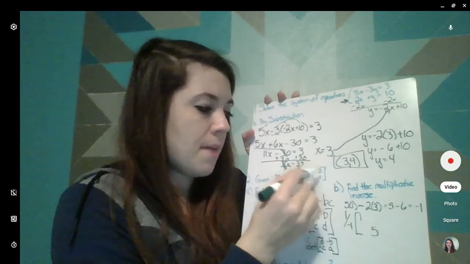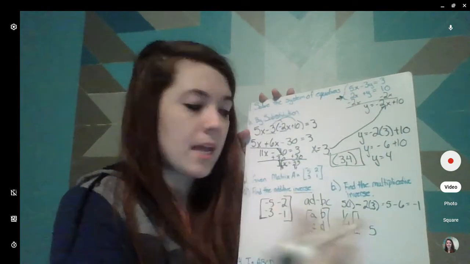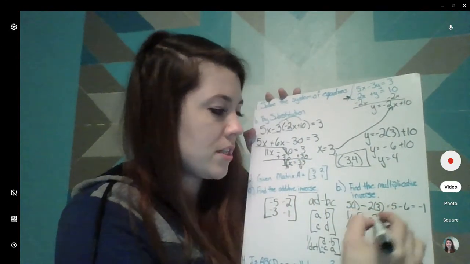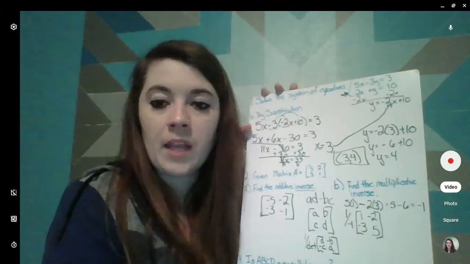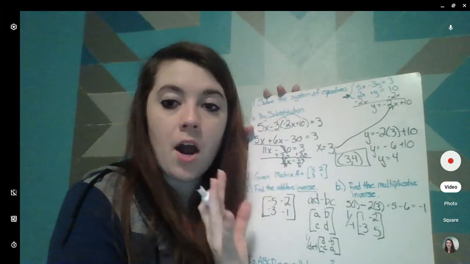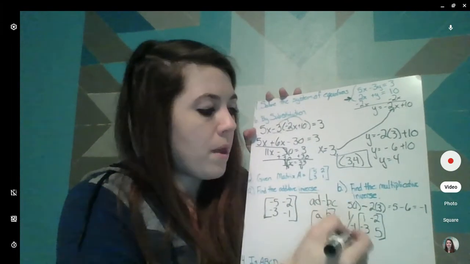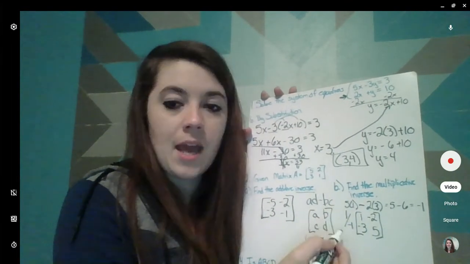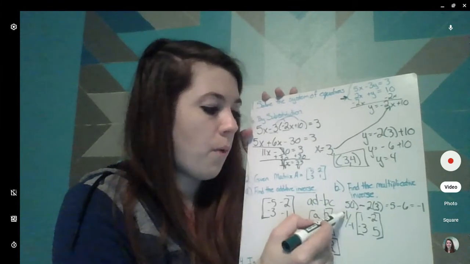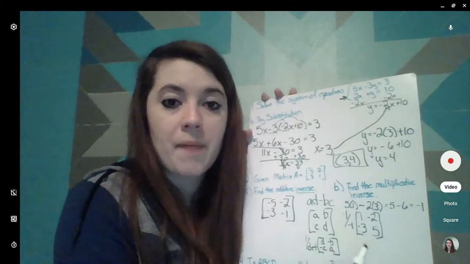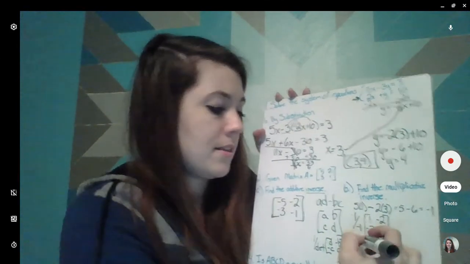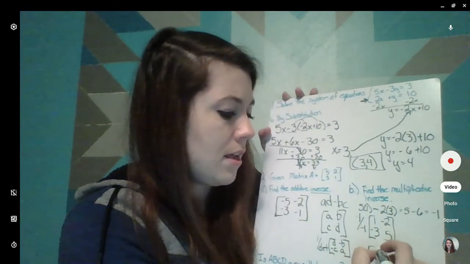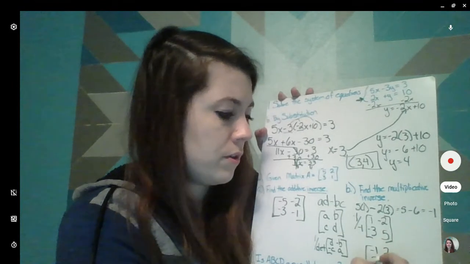And then we keep the B and C values in the same place, but we change the sign. So that's going to be a -2 now, and that's going to be a -3. Now, to finish off our multiplicative inverse, we multiply what's on the outside to everything inside. Well, 1 over -1, or 1 divided by -1, is just -1. So that means we're just changing all the signs in this. So our final answer is -1, 2, 3,